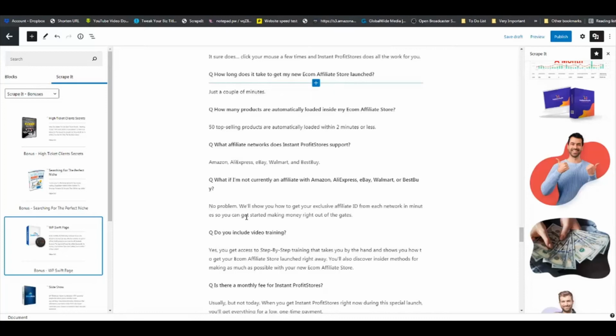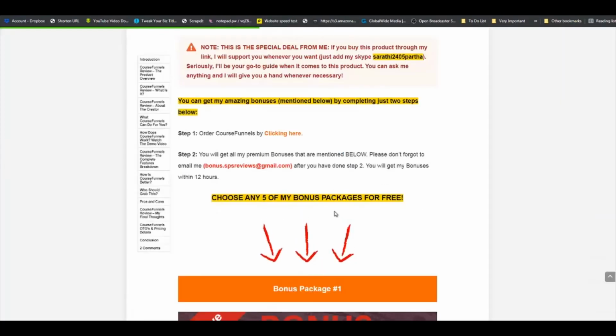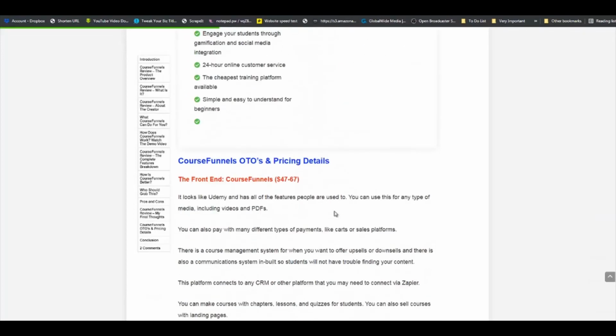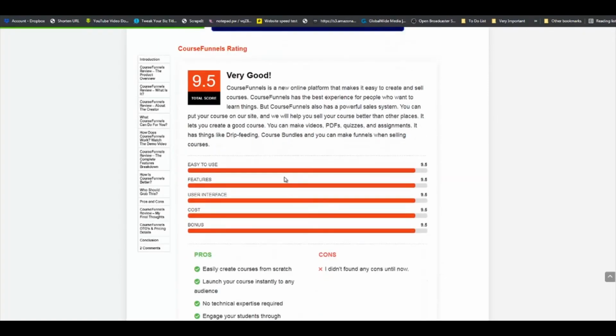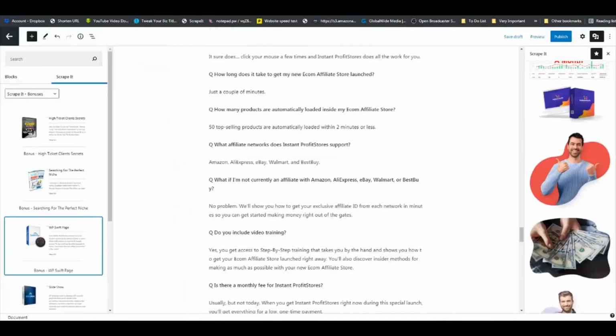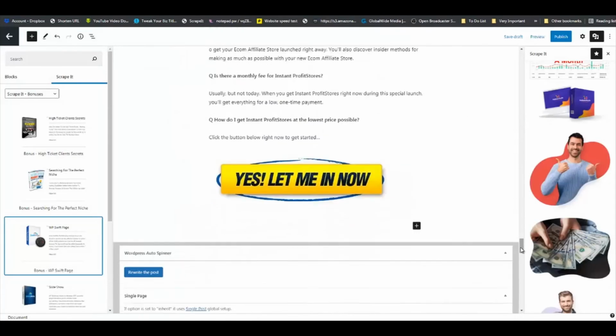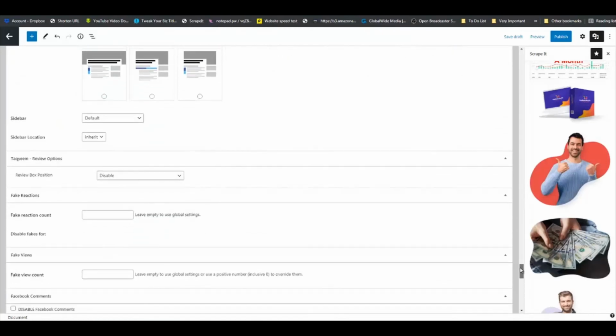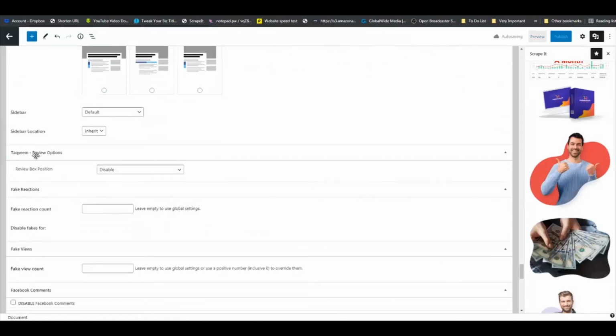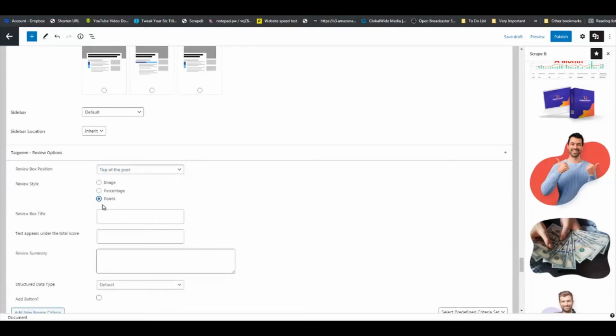and the final thing we are going to do before we set our feature image is we are going to go and set up our product rating. If you remember, the guy had a product rating section on his site. Let me see if I can find it quickly here, right here. So scrolling right down to the bottom of the page, you are going to see tagging review options right here, top of the post. I'm going to use points,